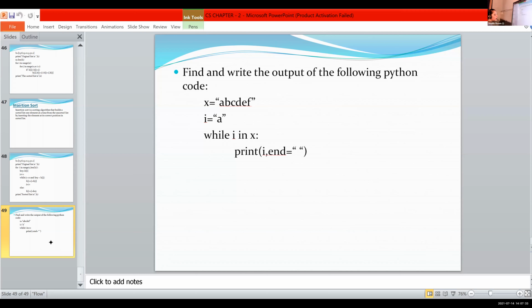In for loop, the incrementation is done automatically. But in the case of while loop, how can we increment the value? In while loop, we use a separate statement for incrementation, that is I is equal to I plus 1. When we are using while statement, you want to use I is equal to I plus 1 for moving to the next value. Here, there is no I is equal to I plus 1 statement. Then what will be the output?